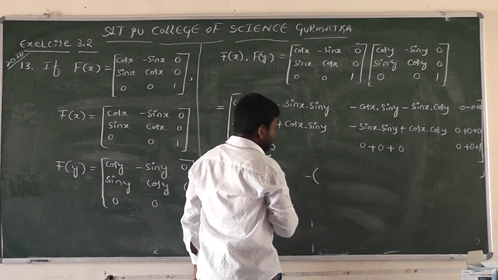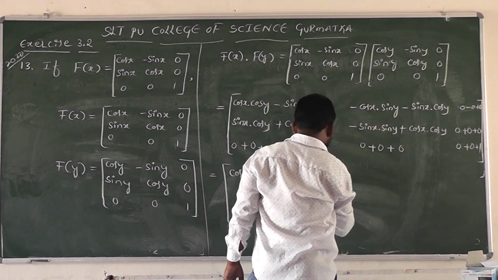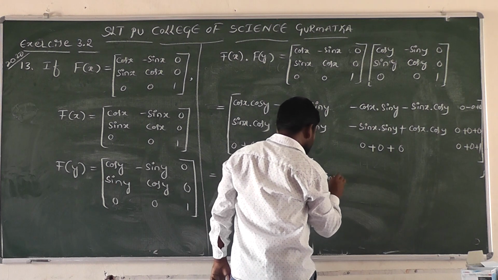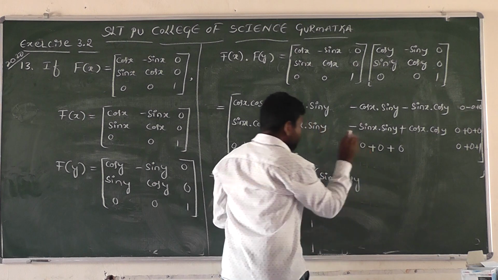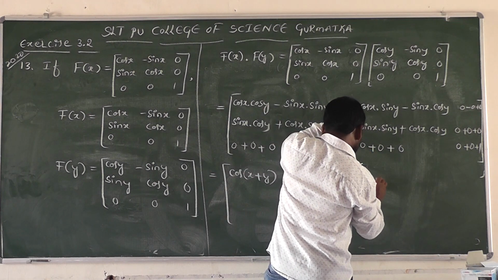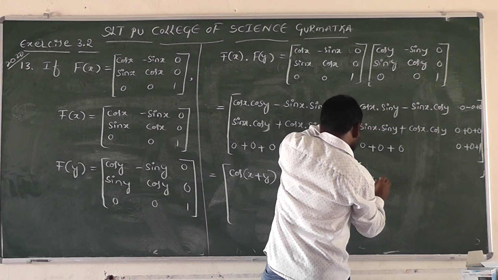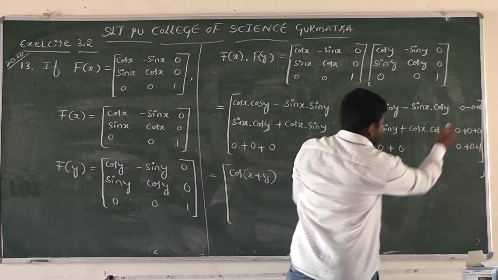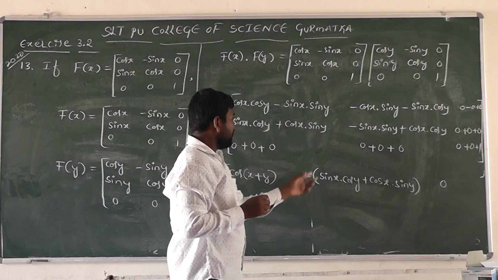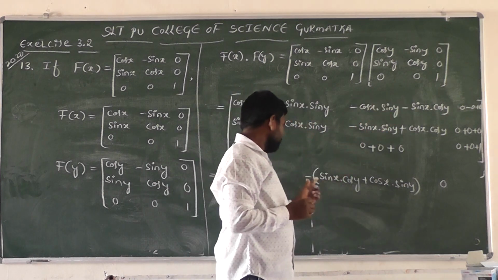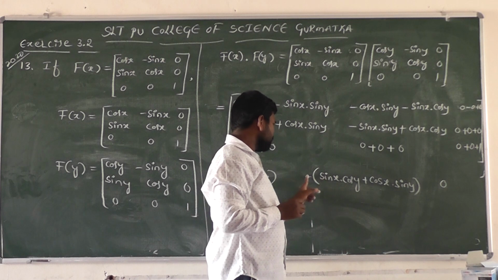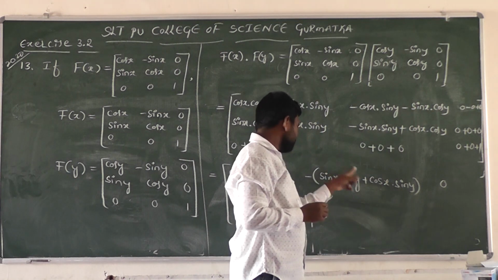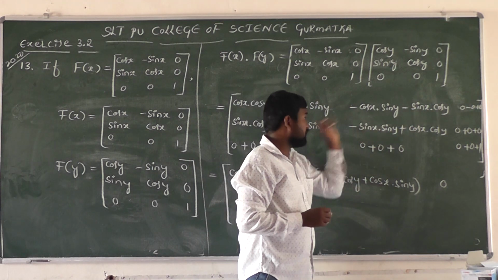Minus take outside. We have to write this one, cos x sin y, or sin x cos y, sin x cos y. Next, minus plus cos x sin y. This one element is what here? 0. Right? Here this one element we have to write it in this type. And again we have to multiply inside the matrix here, inside the elements here. Minus into plus what here? Minus sin x into cos y. This one comes here. And next, minus into plus what here? Minus cos x into sin y. This one comes here. Right?